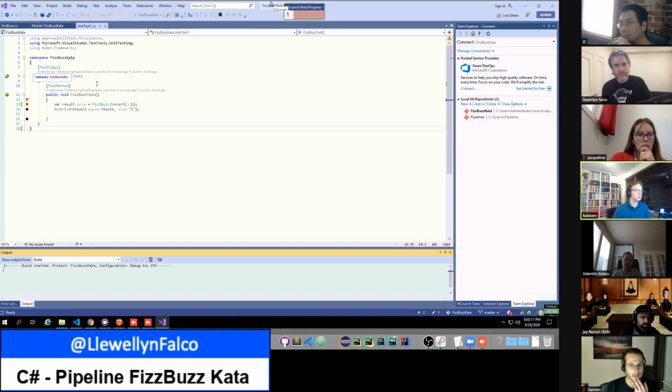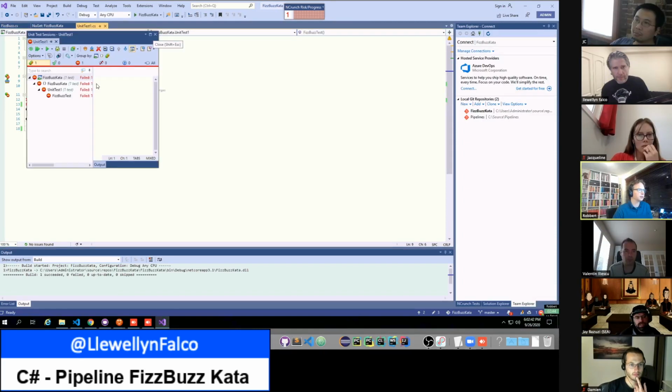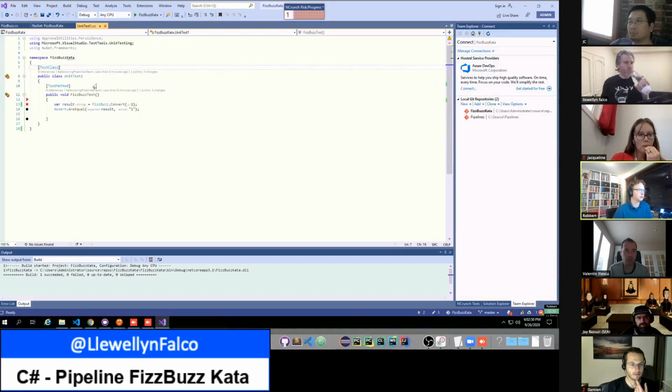I click next to this window. It's not disappearing. Do I just close it? You can close the window, or you can dock it as a document. Either. Okay. So on line 7.5, we're going to add an attribute with the square brackets. Type UseReporter, and then the parameter you pass in here is typeof DiffReporter. Now run the test again.